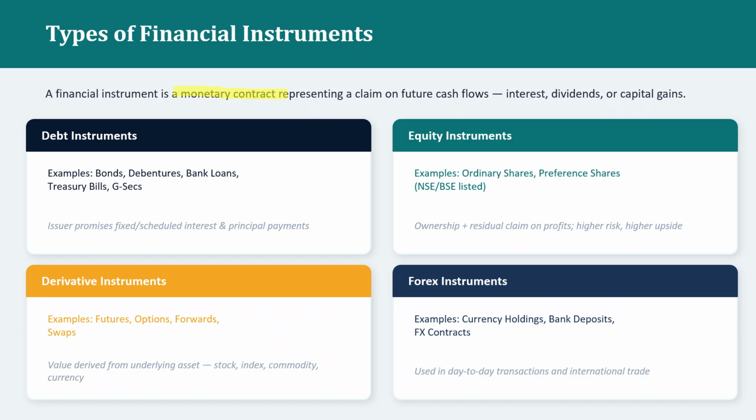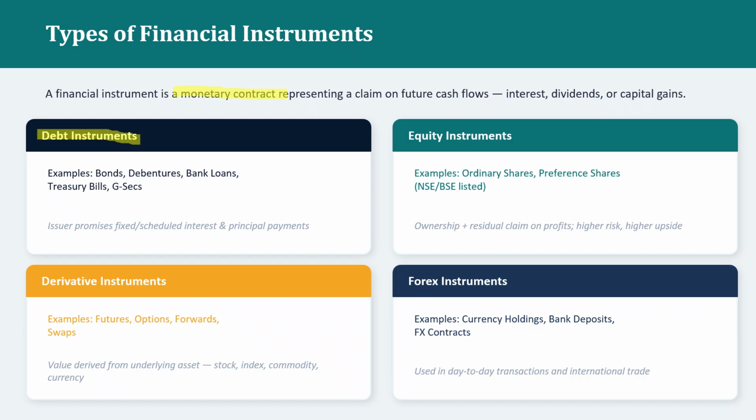So we usually classify financial instruments into the four broad categories that you can see on the screen. That is debt instruments, equity instruments, derivative instruments, and foreign exchange instruments. Now let us go through them one by one. Number one is